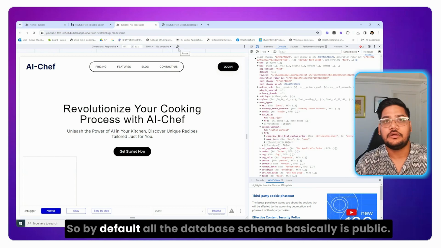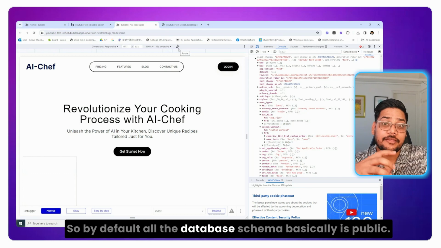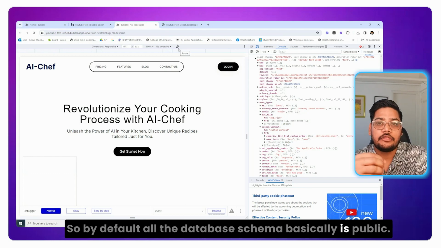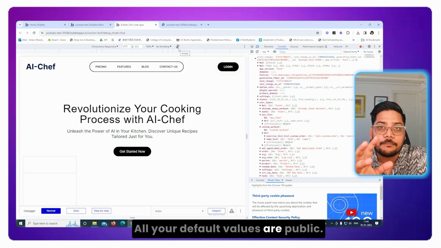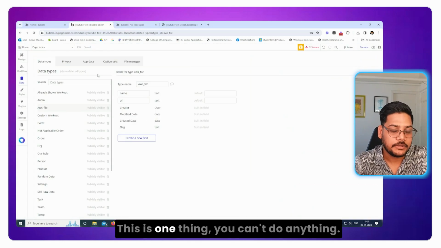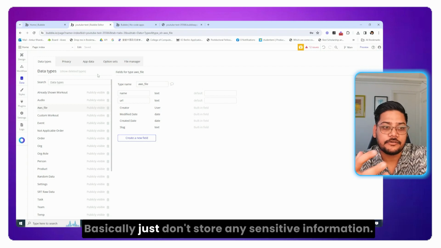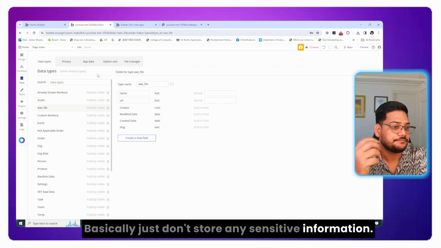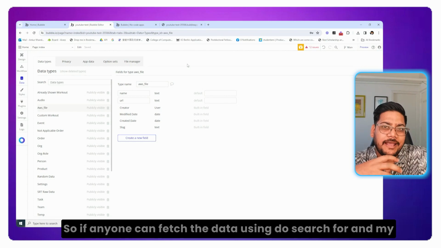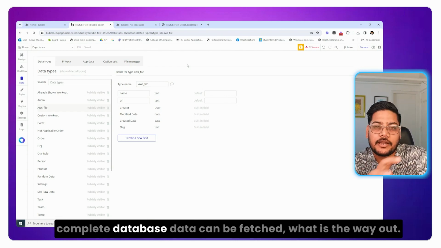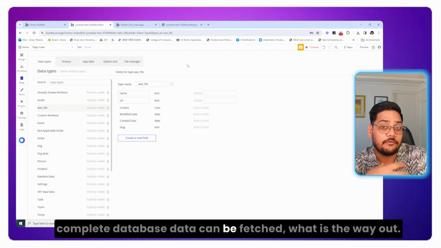So by default, your whole database schema is basically public. All your default values are public. This is one thing you can't do anything about. I don't think you can do anything to safeguard that. Basically, just don't store any sensitive information. So if anyone can fetch data using do search for, and my complete database data can be fetched,